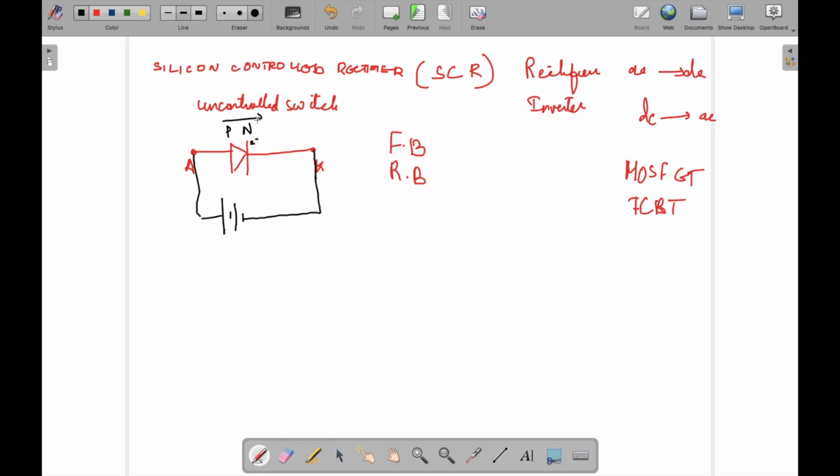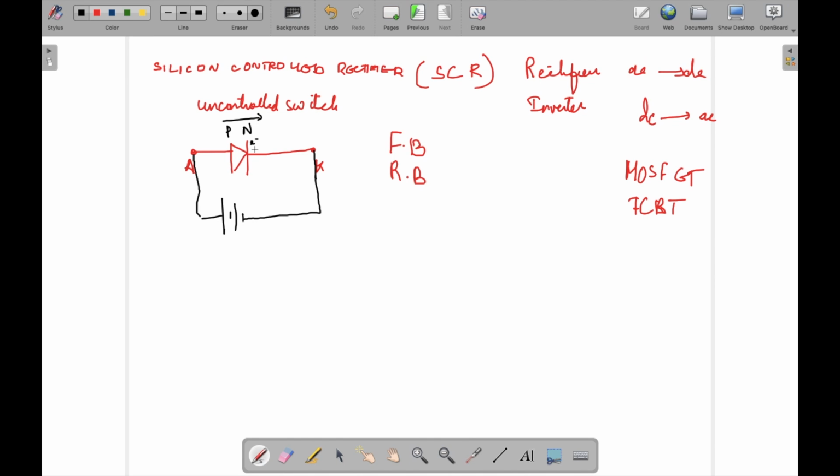But here we don't have an option to control the current flow. We cannot control the flow of electrons. That is one major disadvantage of a diode. That is why it is called an uncontrolled switch. So what is the solution to that? The solution is, let us add a door to the system. It's like we have a door that can be opened and the electrons can move in, but it will be a unidirectional flow, and there is no one to control the door. There is no guard or security at the door.